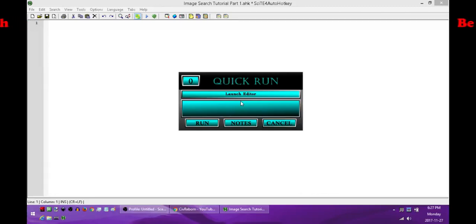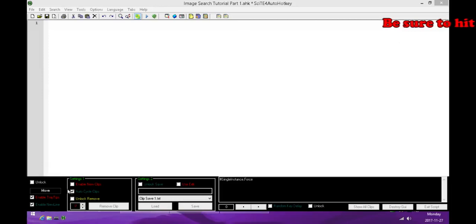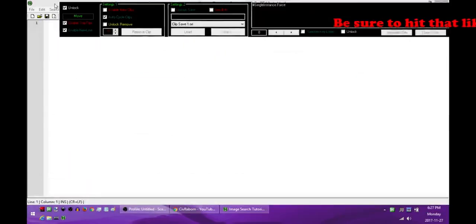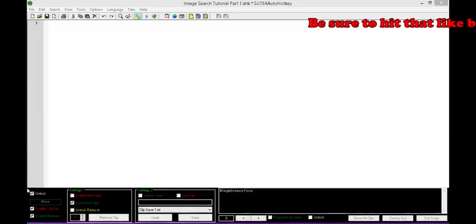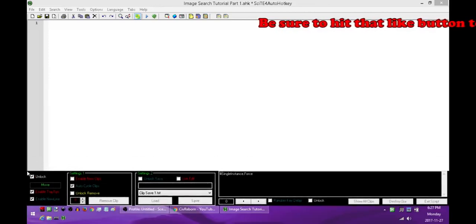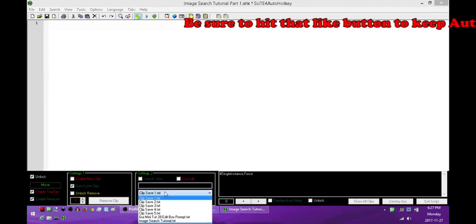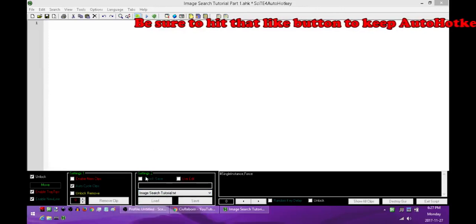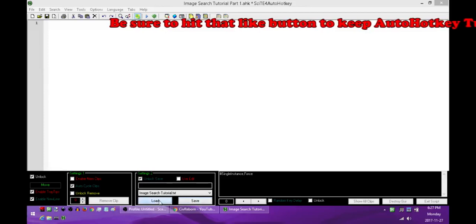And I'm a very slow typer, so I created a tool a little while ago to actually help me get through these a little bit. So I'm going to load that. And this has my setup and everything. So normally you're not going to see this kind of thing, but because I'm going to be using the whole screen for this tutorial, normally I would have it down here and then I'd only be recording the screen above it. But for this one, because I'm going to be doing image search throughout the whole screen, you're going to have to see this. But don't be distracted by it. It's just a simple tool that I've created to allow me to create tutorials and go through them a little bit quicker while still talking about everything. So I'm going to load up my image search tutorial,